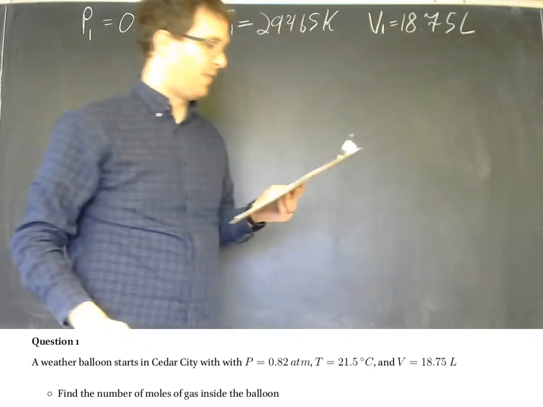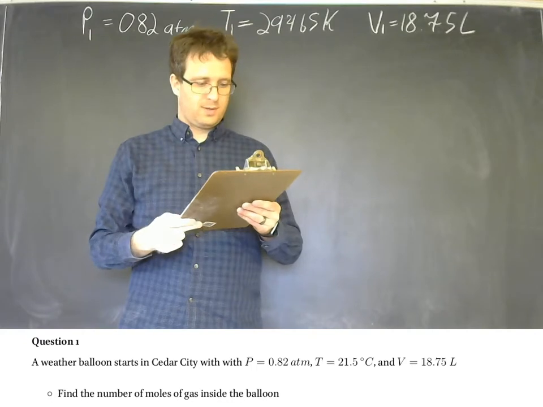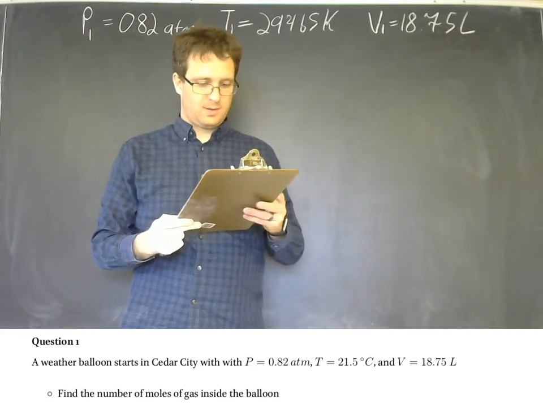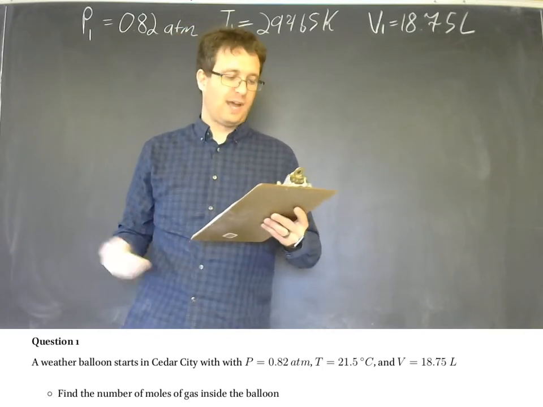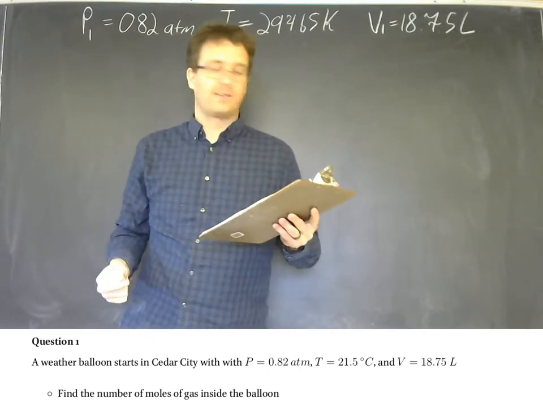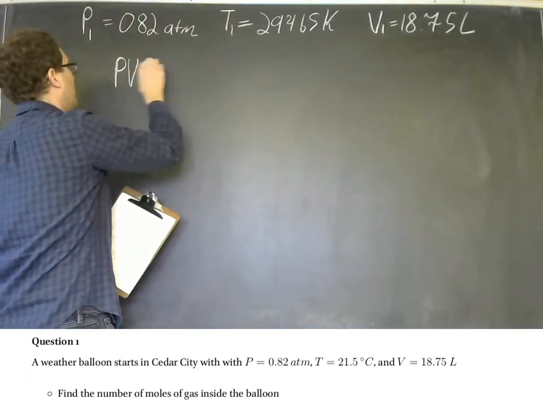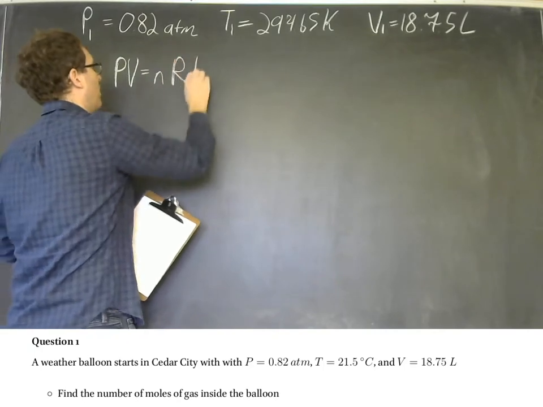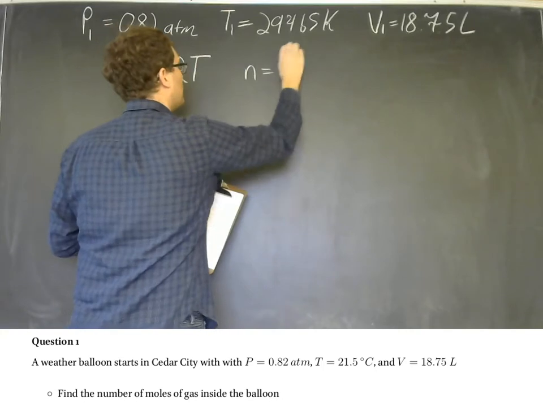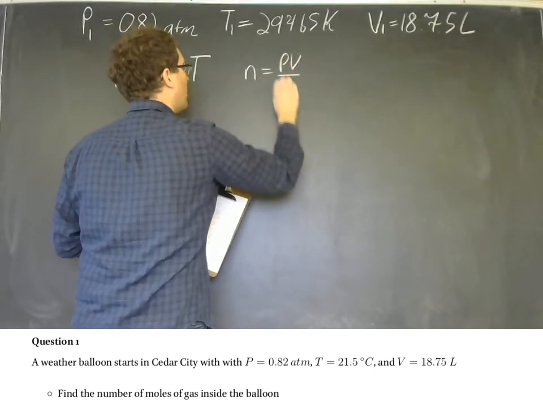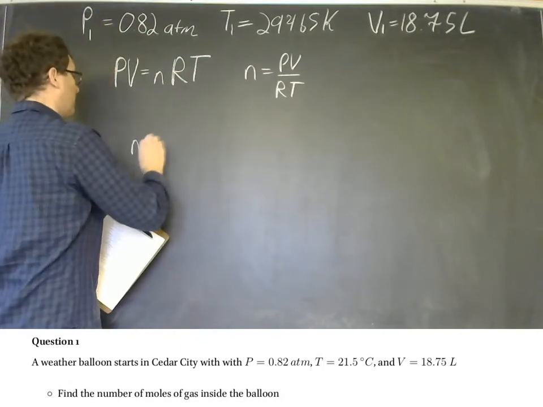The first question is just going to ask for the number of moles of gas in the balloon. And so we're going to use the ideal gas law, PV is equal to nRT. We'll rearrange that to say that n is equal to PV over RT. And so n here is going to equal